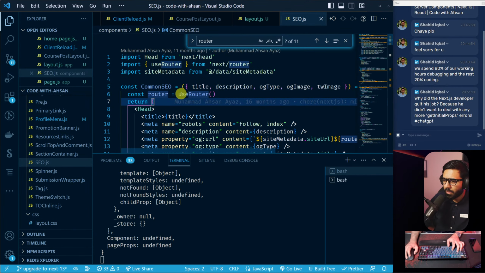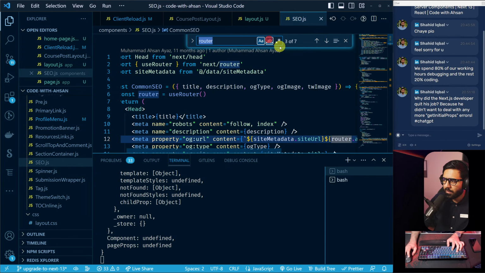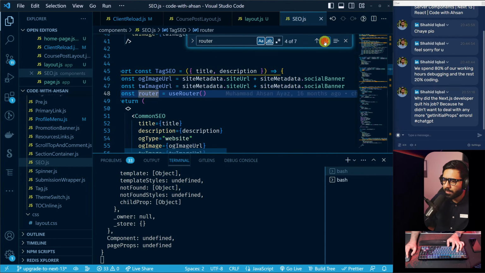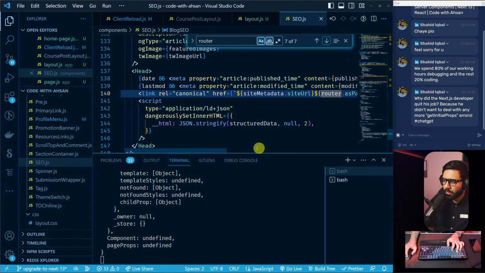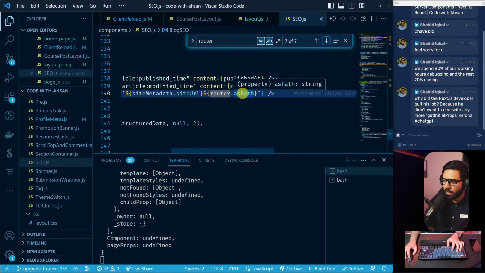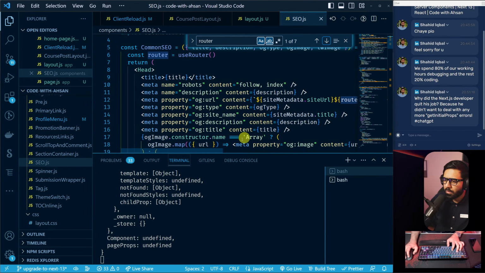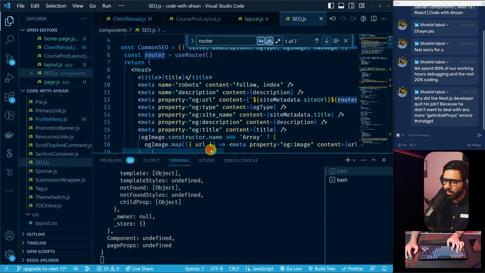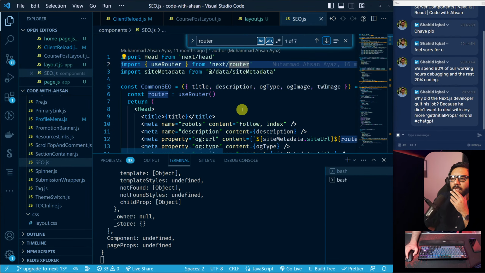But in this particular case, if I had to do this in here, the only place that I'm using the router itself is router.asPath, and that is it essentially. So if I had to go to the URL in this case, then shouldn't it be